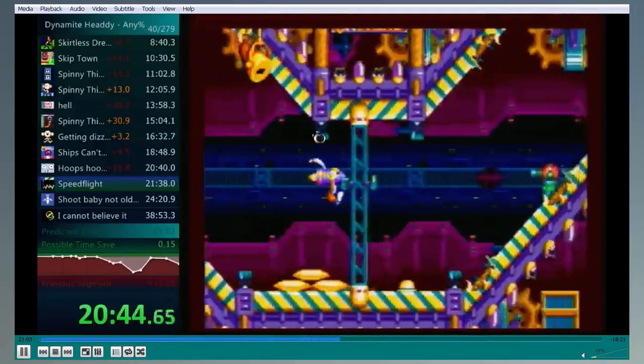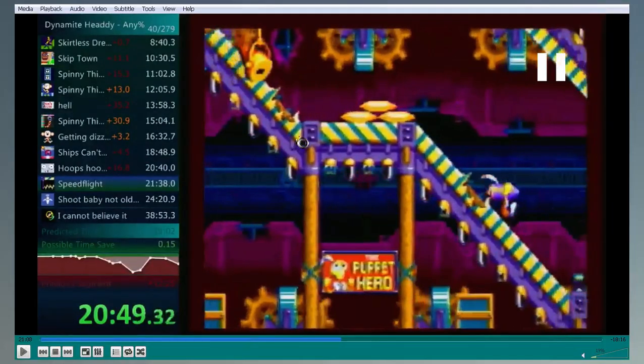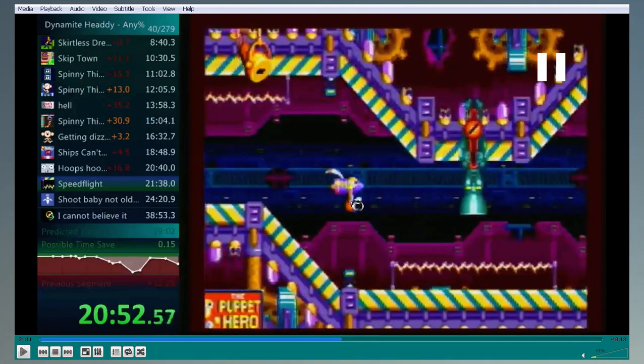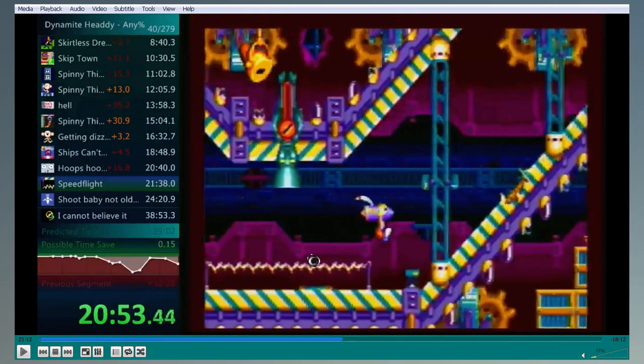Otherwise, this stage again is all about health management or otherwise avoiding damage. Now you have some options here. On this part, the path splits. It does not save time to go between the 2 paths. You can't save time based off frames or anything, based off lag reduction, I mean. The bottom path is actually harder because these pistons here are a little harder to avoid in between the electric arcs here. The top path has turrets,